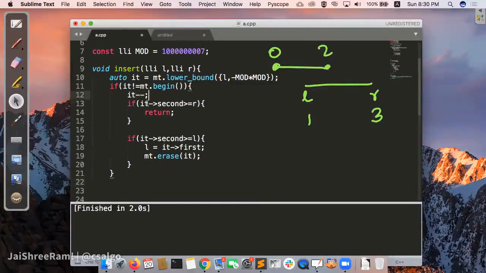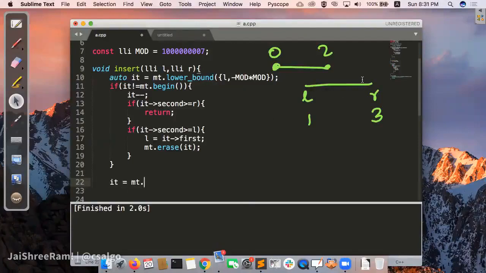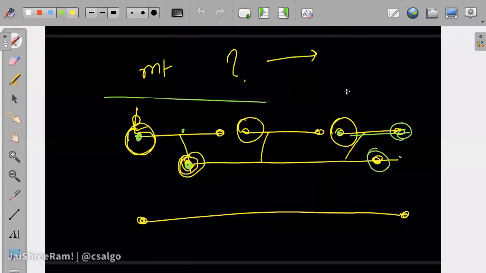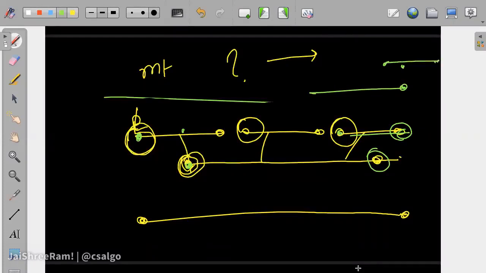Yeah. So now this is, I think, more ideal to be done instead of doing it again and again. Now we will do the same thing with the R point. So we take auto it equal to empty dot. For R, what do we use? We need to find any segment which starts at exactly R or before R and ends after it. How can we do that? Upper bound, right? We need to find something less than or equal to. So when you need less than or equal to, use upper bound and come back one element.